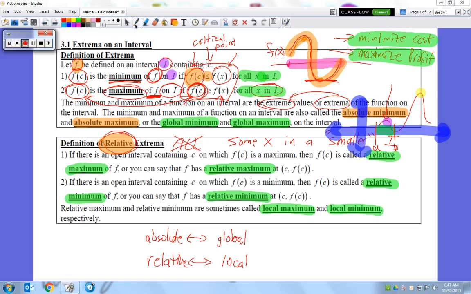But what if I extended the A to B and I said, this time I want to look at from A to B, being from here to here. So from A all the way to this B. So my interval now has changed. If it's from here to here, I have, let me highlight in red this time, this is going to be only a relative maximum. It's not going to be the absolute because I have an absolute maximum over here. So that shows the subtle change. Relative is local and the absolute